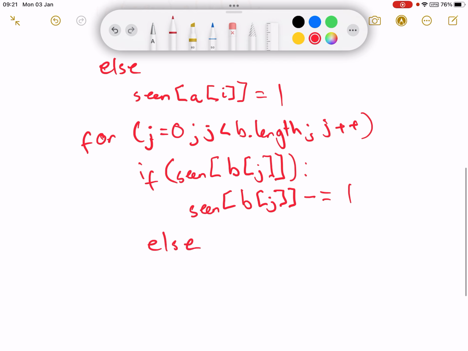Else, that means the letter isn't there, so you just return